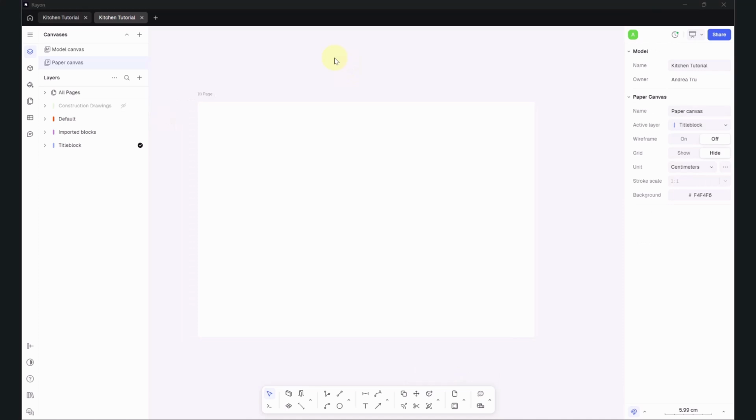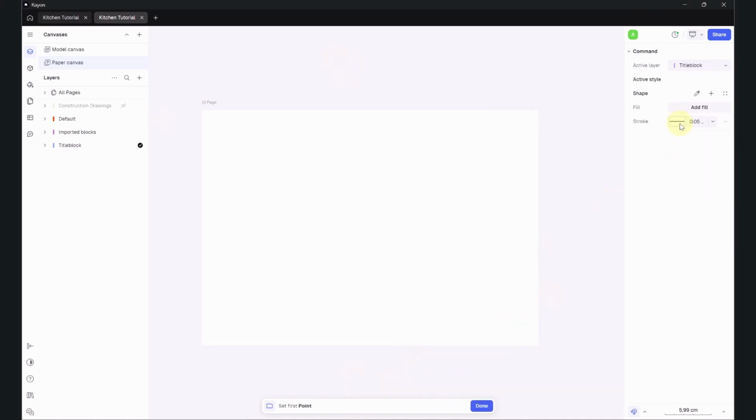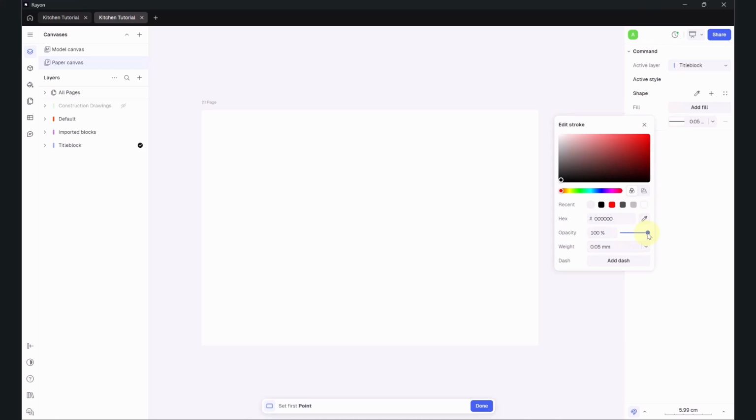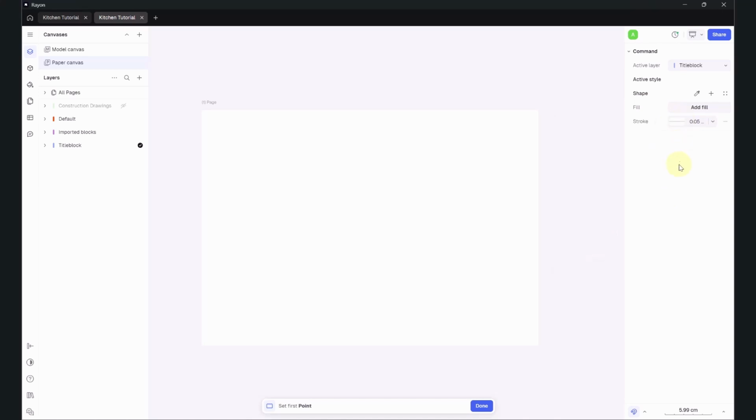I'm going to use the rectangle, and before I start, I want to change the stroke to something a bit more gray, and then I'm gonna create a new style for my title block, and I'm going to name it title block style,